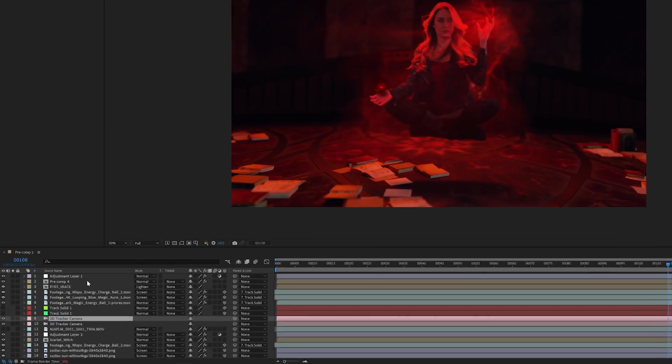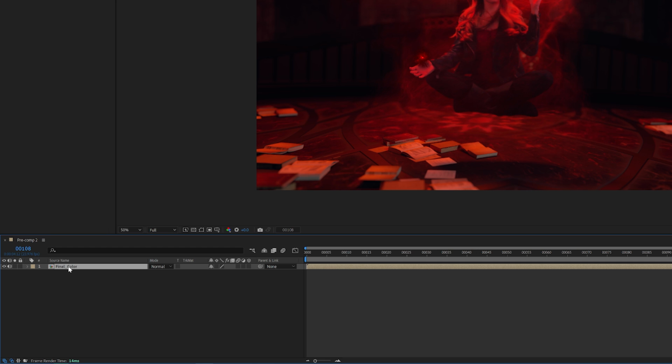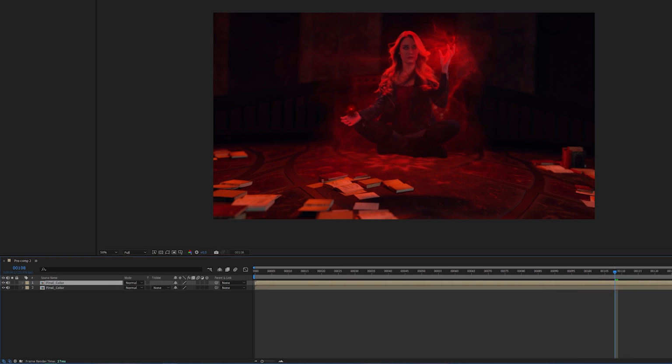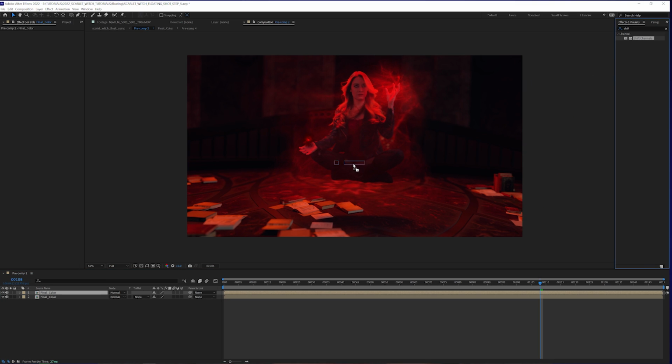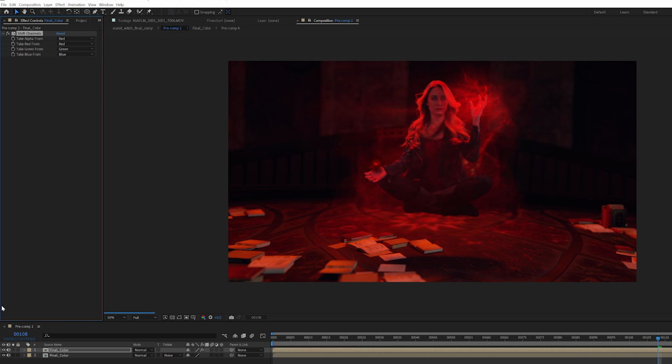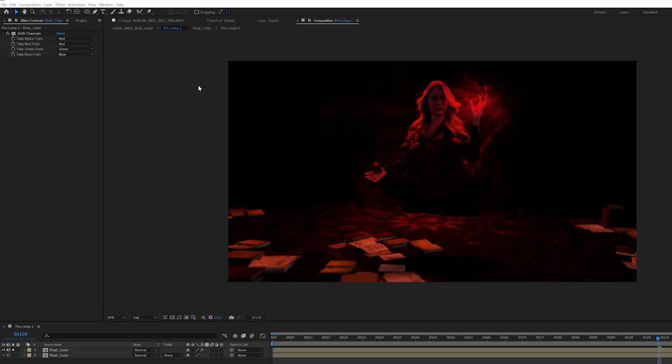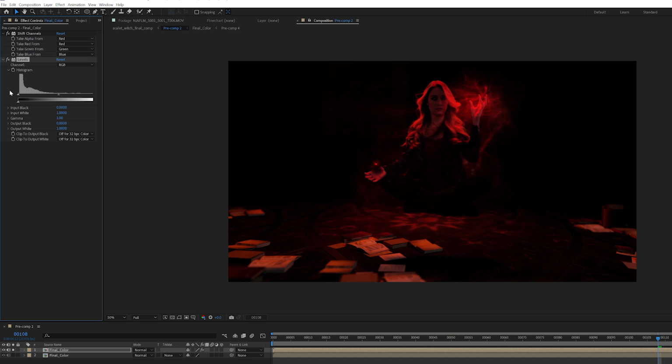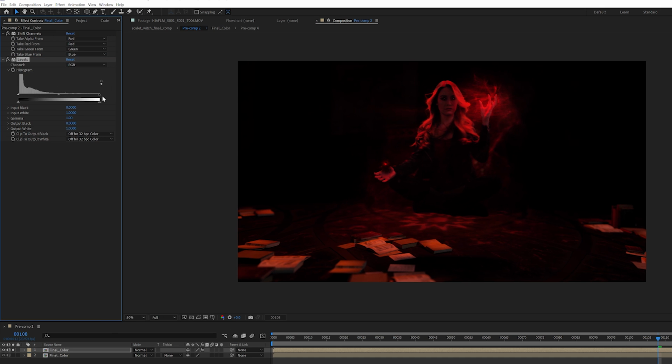Now everything's looking good, but it needs a final touch to bring it all together. So I pre-composed everything together and then created a duplicate of that pre-comp. On that duplicate, I added a shift channels effect. With shift channels selected, I chose red under the take alpha from, and now I have isolated just the red channel. Then to crunch it down a little bit further and isolate just the brighter parts of the red,